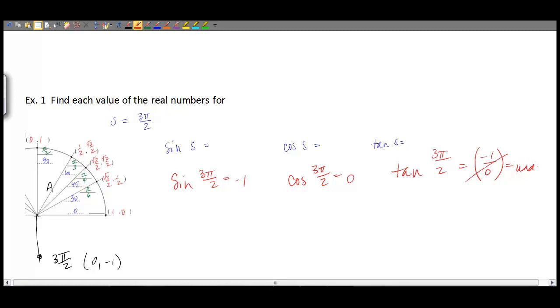Okay, so using the unit circle and what I know about ordered pairs, I can figure out these three trig functions. And let's just say, for example, I wanted to know what the other remaining three functions would be. The cosecant, secant, and cotangent. Well, once I know the first three, then I'm just going to take the reciprocals to find the remaining three. Okay,